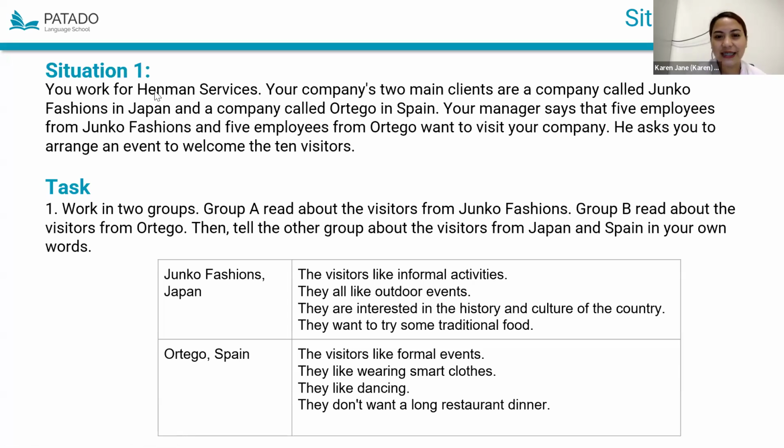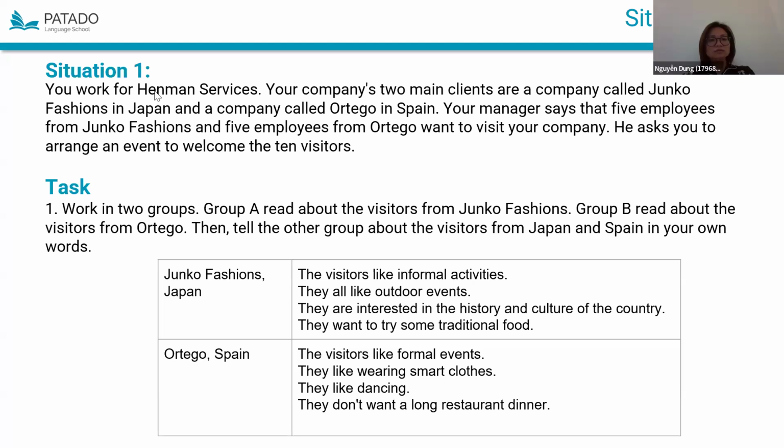At the bottom part of this presentation, we have descriptions about these visitors. The first table describes the visitors from Junko Fashions, Japan, and below it is the description for the people from Artigo, Spain. Before we proceed to our activity, can you please read and comprehend the descriptions of the people coming from Junko Fashions, Japan?